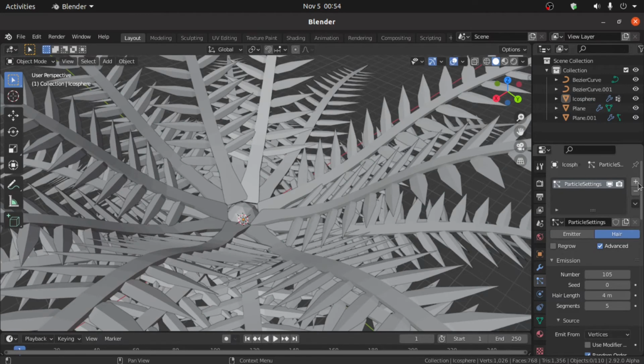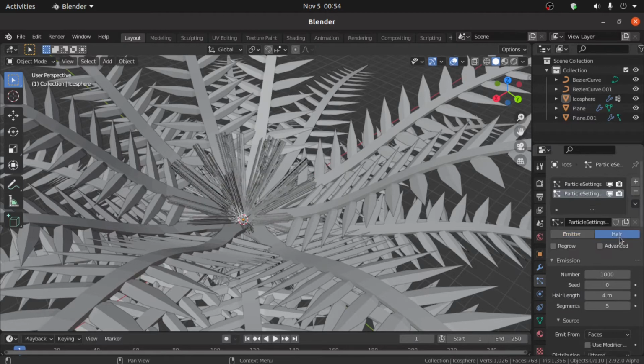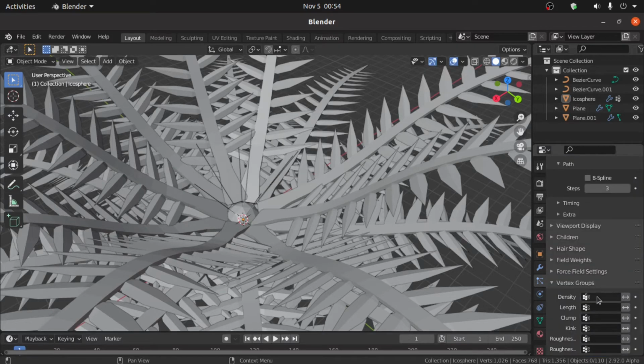Now click on this plus icon, and this will be second hair particles, so change into hair. And under this emit from, select here vertex, and under this vertex group, under this density, we have to select second vertex group.